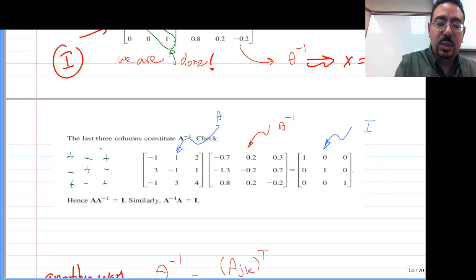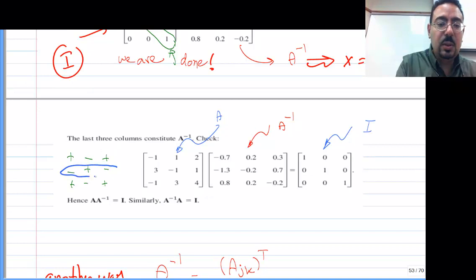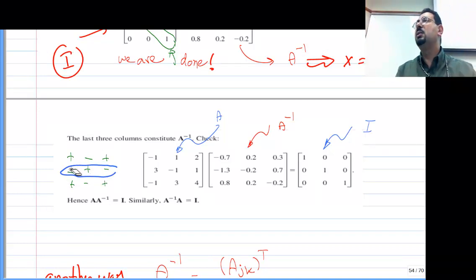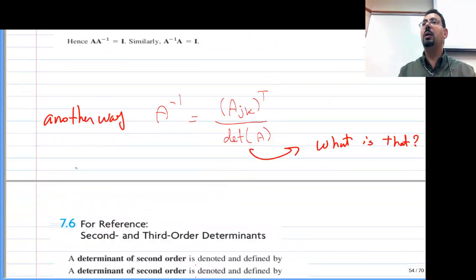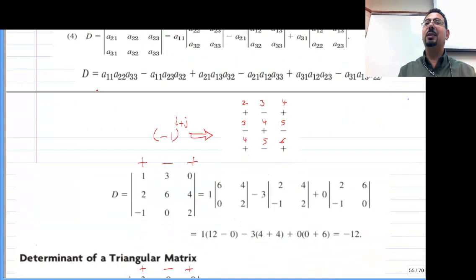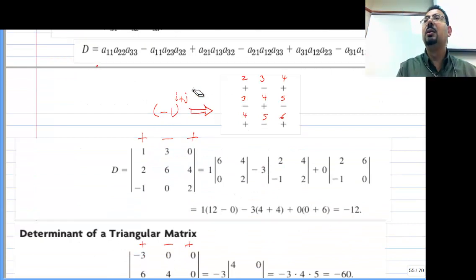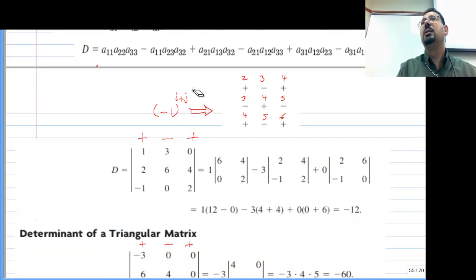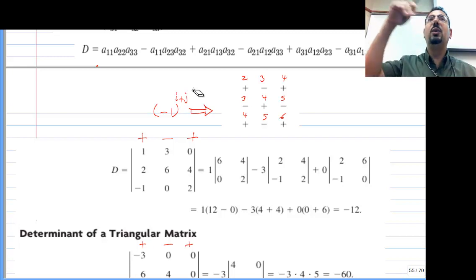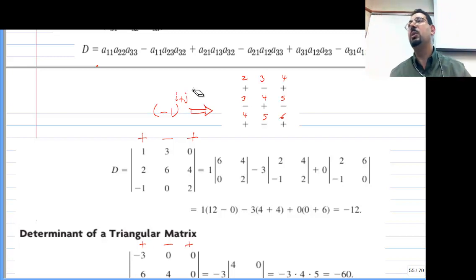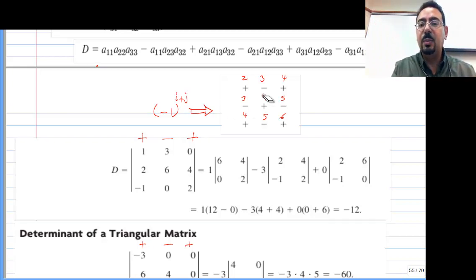Okay, so if I'm going to use the second row, it should be minus, plus, minus. Is there any rule to this, or are we just doing it out of... Yes, there is a rule actually. The rule is whether it's plus or minus, it's minus 1 to the power I plus J. So I and J are the row and the column of the element that you are opening with. That's why, if it's 3 by 3, you can see why it's plus, minus, plus, minus, plus,